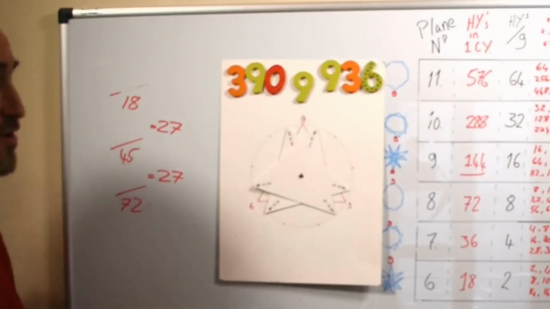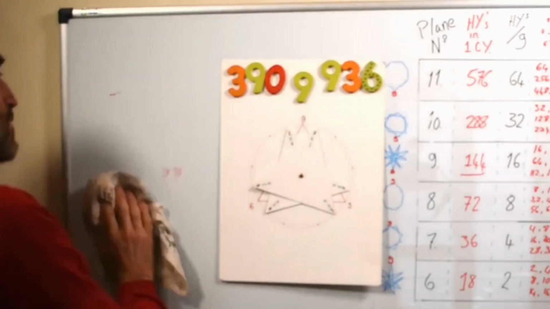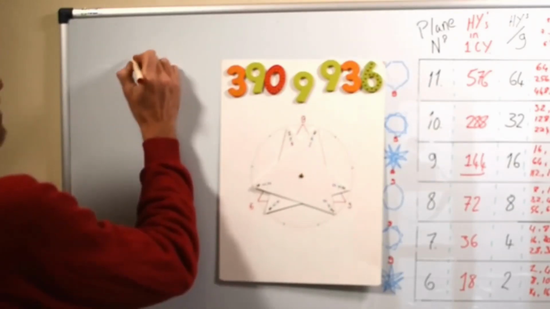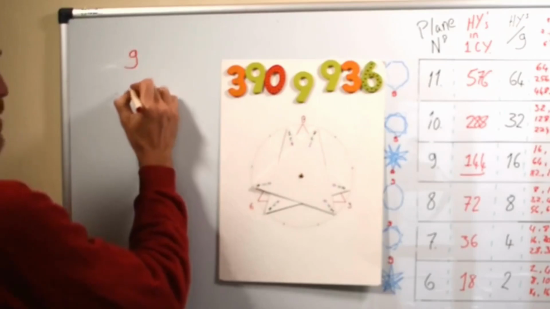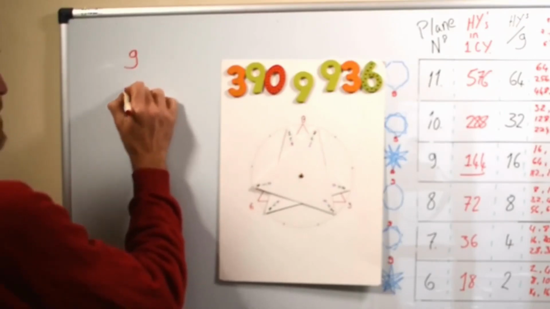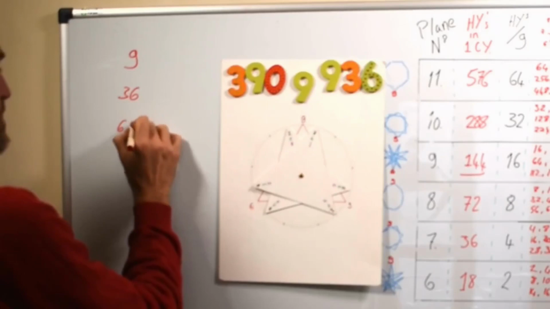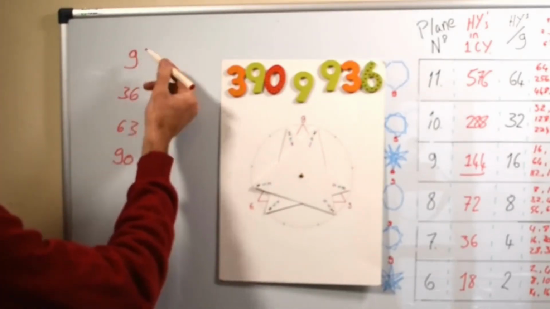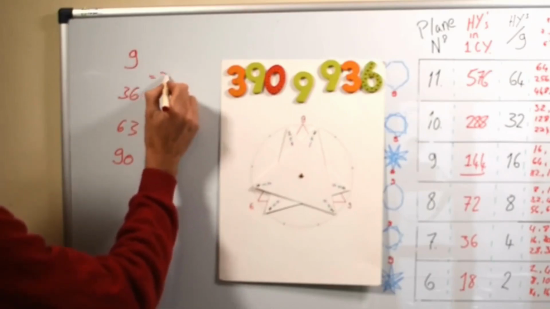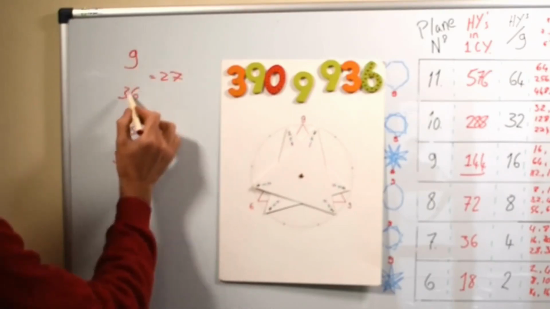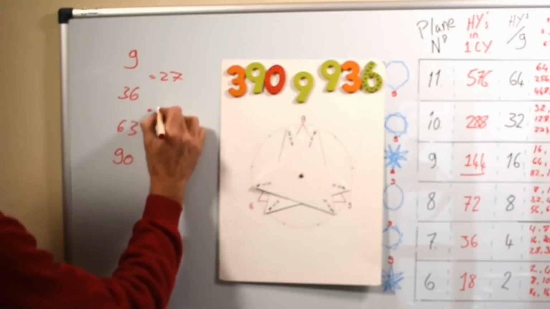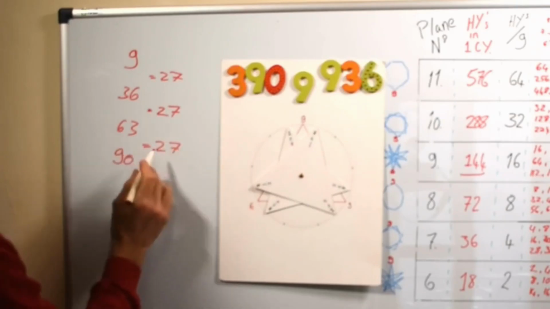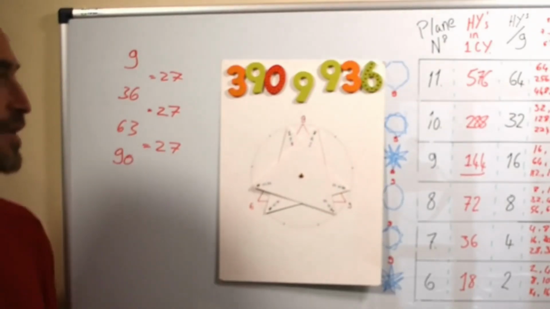Also, if we look at the other number groupings that form the 9 from any two numbers, it's the other group, which is 9, 36, 63, and we can go all the way on to 90 just to have a look at this, because between 9 and 36 you've got 27. 27 plus 9 equals 36. 36 plus 27 equals 63, and 63 plus 27 equals 90. So